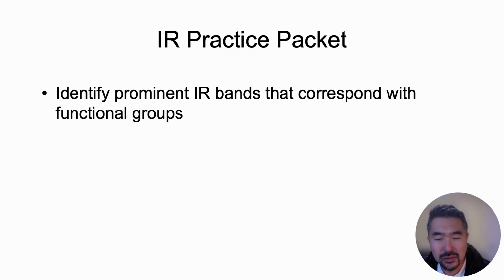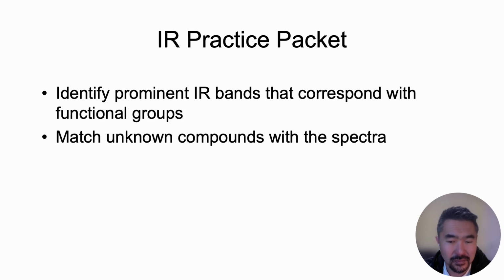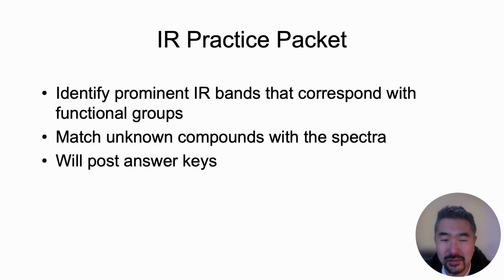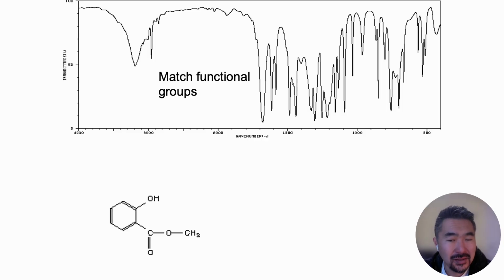One of the main things we want to do during class time is to practice interpreting IR spectra in the IR practice packet, which should be posted online. There are two parts to it. There are the known spectra, and in those, I want you to identify the prominent IR bands that correspond with functional groups or specific chemical bonds. And then in the unknown spectra section, I want you to match the compound structure with each of the spectra. We'll post answer keys at some point. But before we get into that